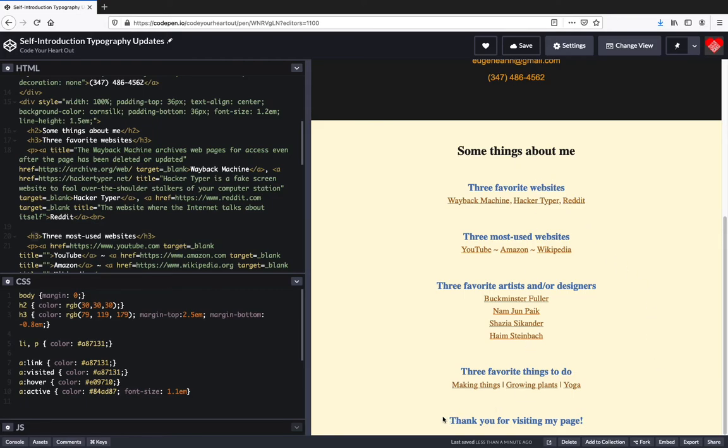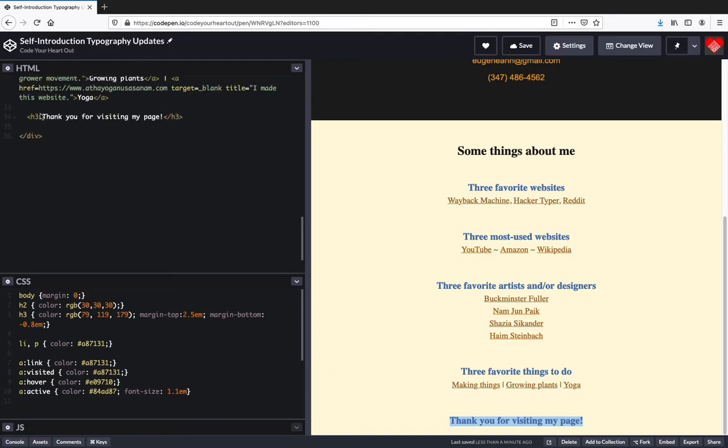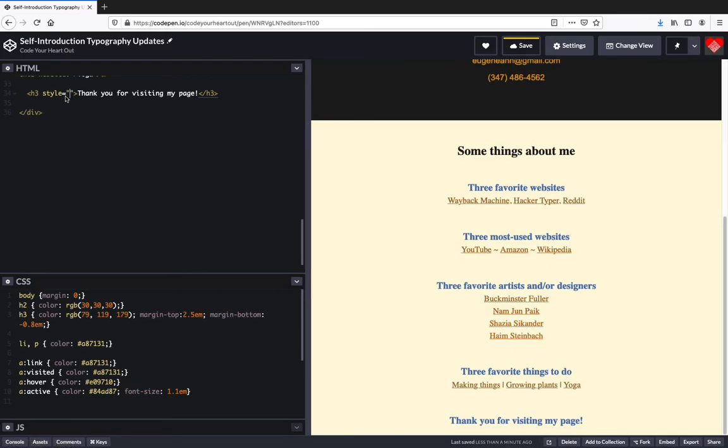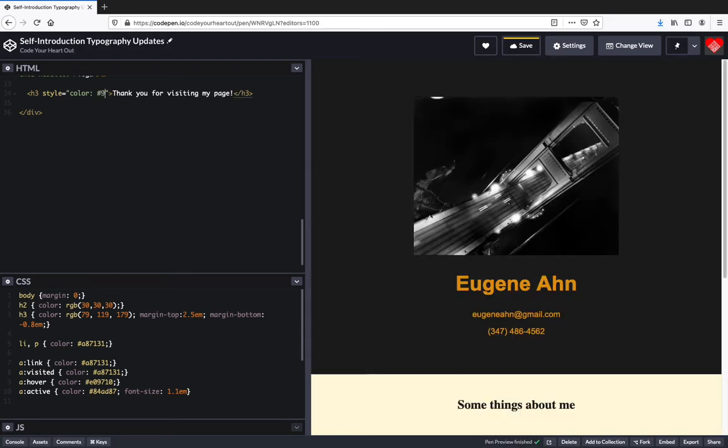And maybe one thing I'll do is that since these blue labels are definitely the headers for different content sections, I'm going to change this thank you to something that's not blue, just so that it looks a little bit different. It is an H3, so structurally it's following that same logic. But in terms of my content, it doesn't have the same kind of content as the others. So I'm going to set the color to be a green, and I'm going to add this little piece,